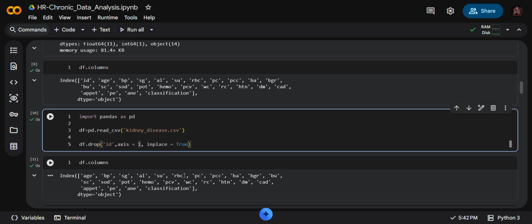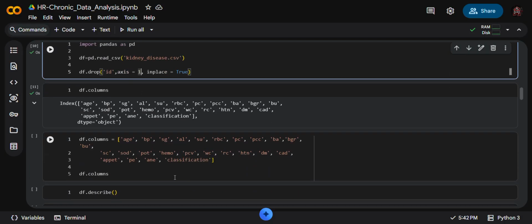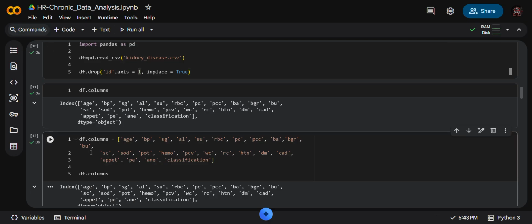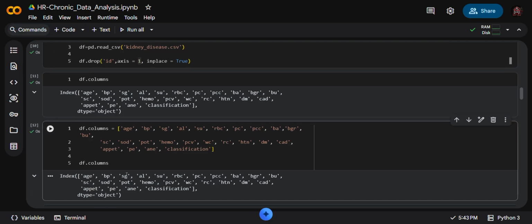So when we do this, it actually happens. Same step, but here df.columns.